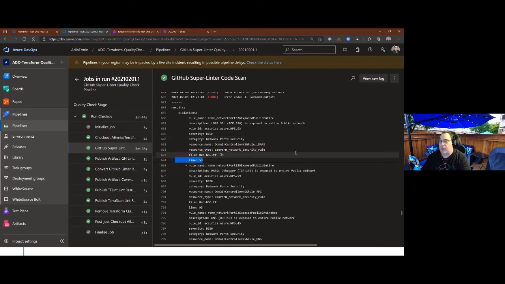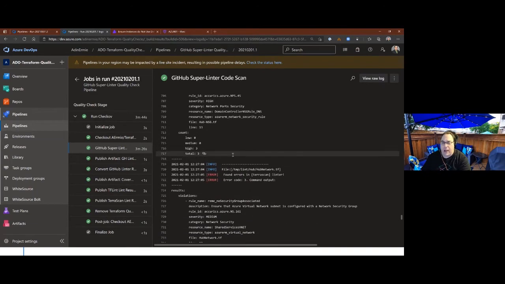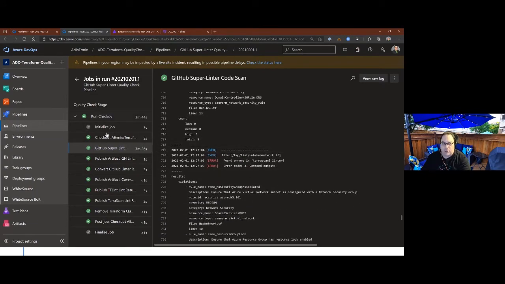So it doesn't actually show the code output, the code snippet, but at least it gives you this direction to say, hey, it's in this file, it's on this line, this is the resource that you called, this is what you called it, and this is the issue, right? So it's still pretty good that way, aside from the current issues with it potentially breaking, but that's okay.